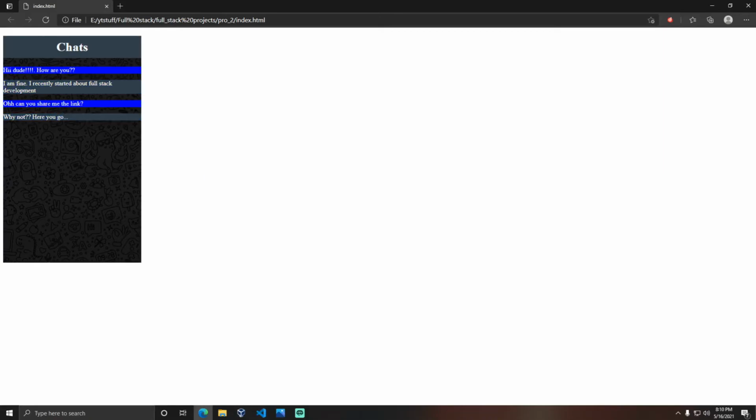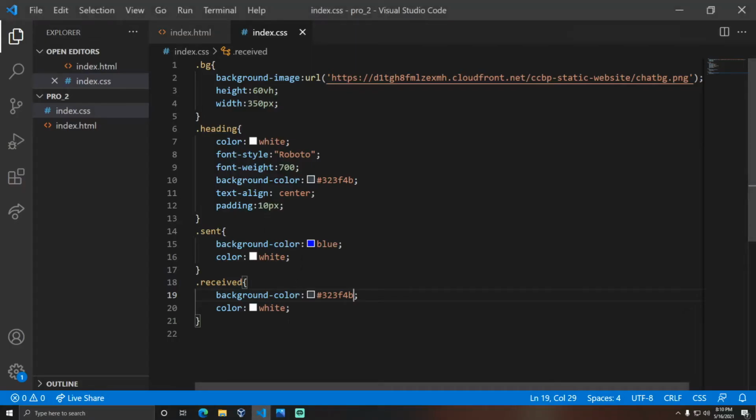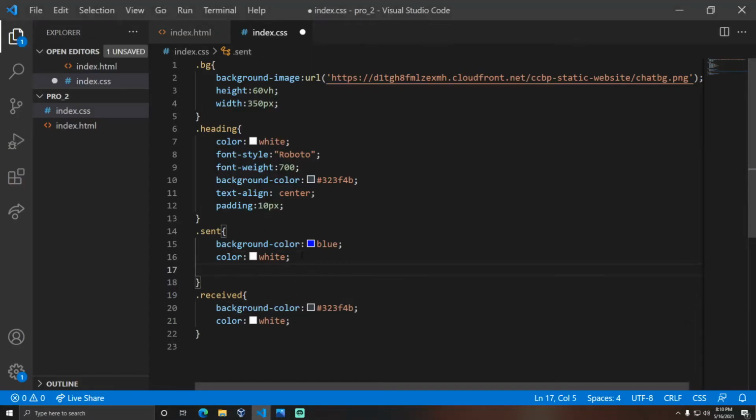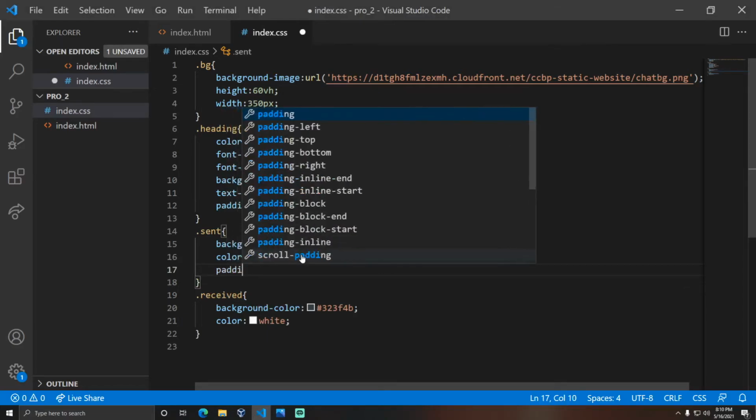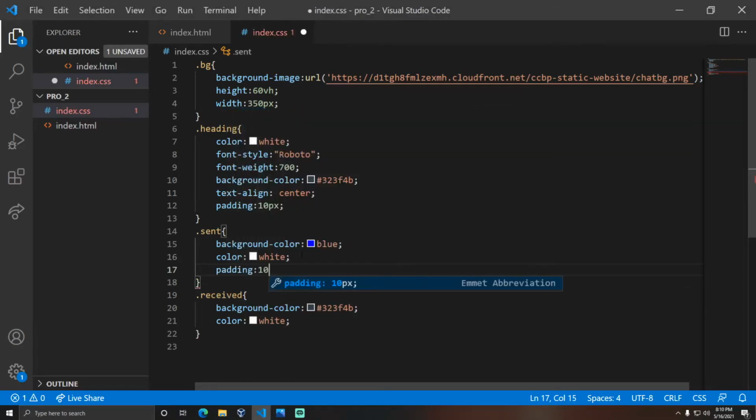See, now it's fine, but here the text looks awkward in the container. Here you can see there is no spacing between this text and the color, I mean that border. So in order to achieve that, you need to use padding, sorry, I'm getting confused about margin and padding. Yes, sorry for that.